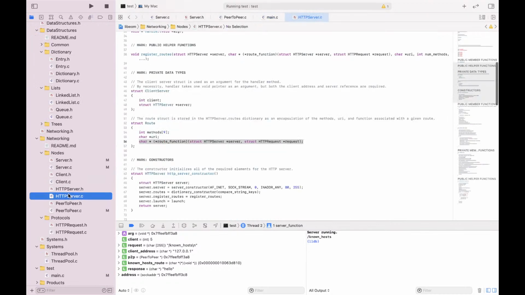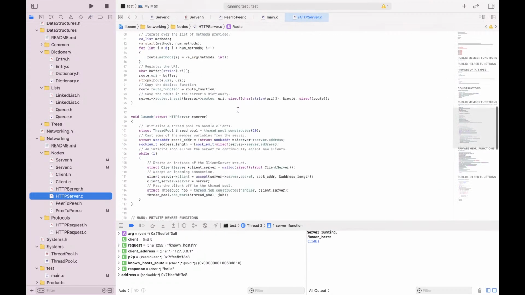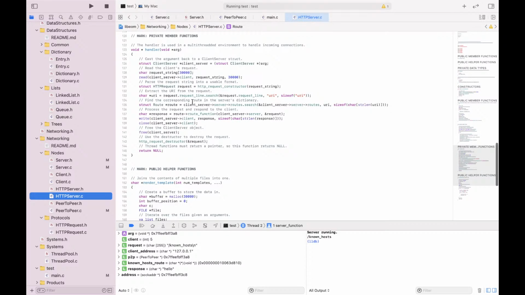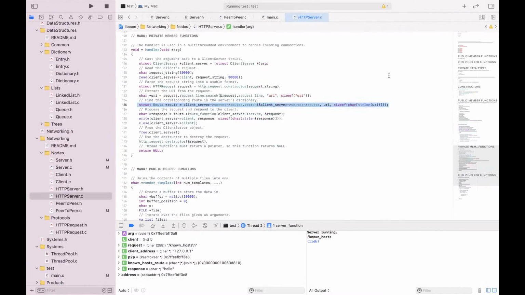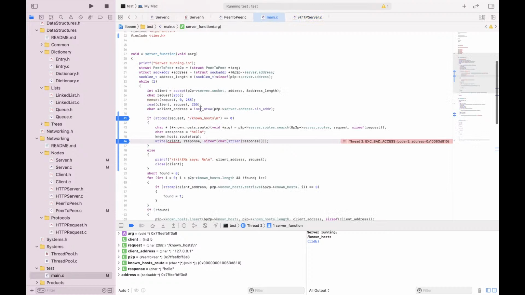I'm taking a look at the HTTP server, and I want to see the handler. So here, we get the route as a struct. You can see where I have the size of character string length URI. I have the same thing there. It's a bit strange, but what can you do? Anyway, here we have wrapped all of that in a struct, and we can just call the function by saying route function, then pass it in. But it seems that doing it kind of raw like this is what's causing the problem. So